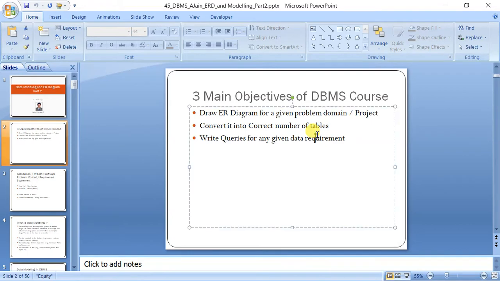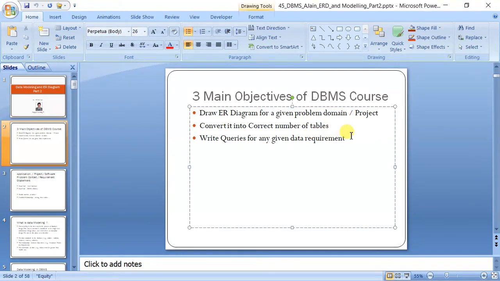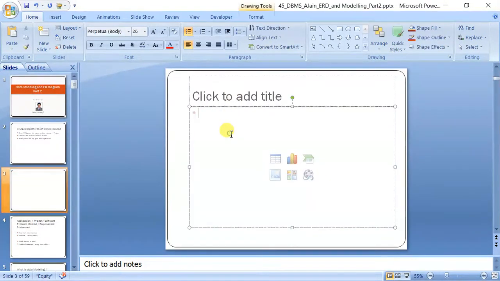We have seen this before in the videos of all the different types of keys. Now you have seen all those videos, so you know what a primary key is, what a foreign key is, and you also understand what is meant by atomic key and composite key, both in the case of primary key as well as foreign key. So with this understanding, let us move ahead.